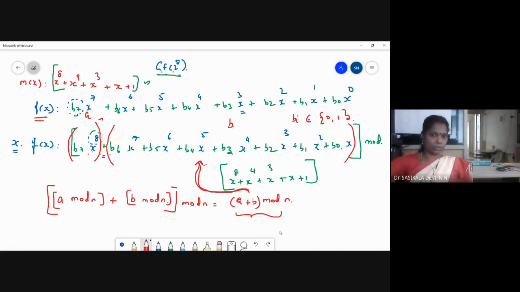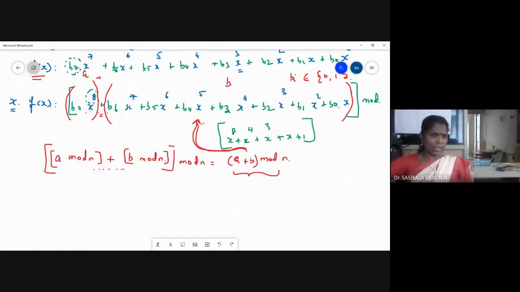So if it is so, I can expand it like this. A mod n, so this is a. I can rewrite this as b7 times x power 8 mod m of x. Here m of x is the standard irreducible polynomial, because this is n. So this part is matched with a, this part with b, and this part with n. So b7 times x power 8 mod m of x, plus